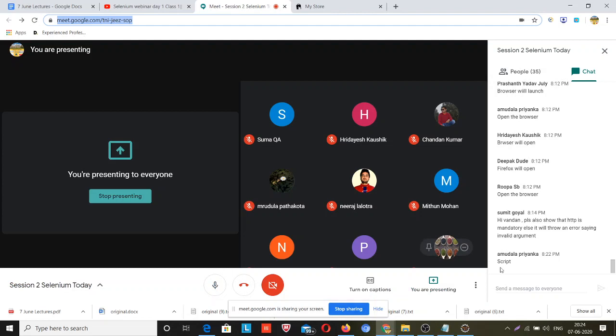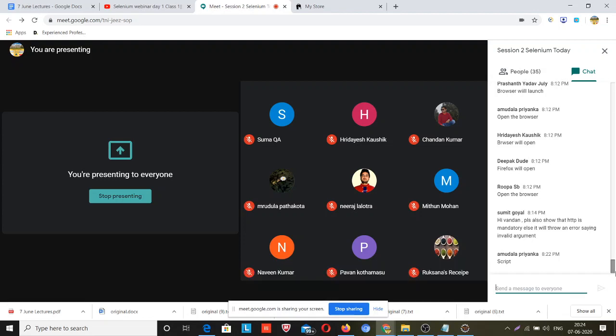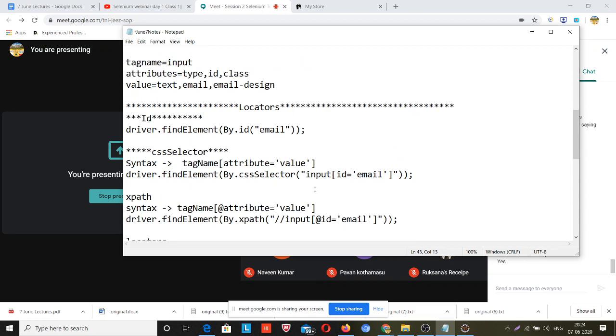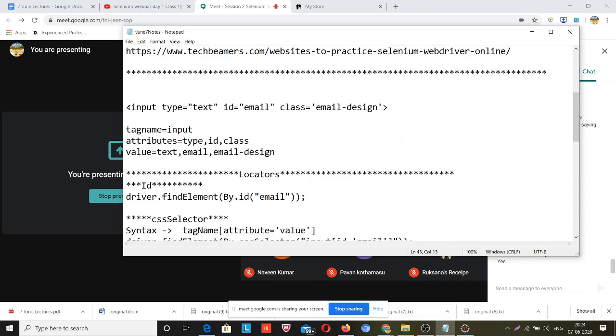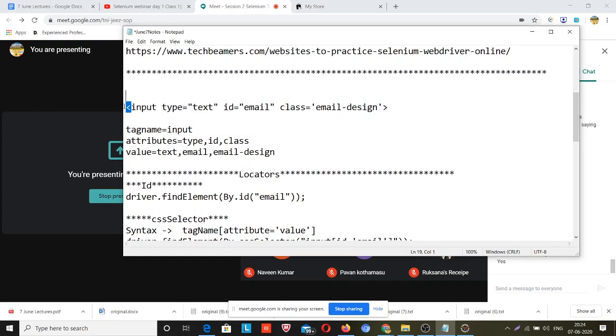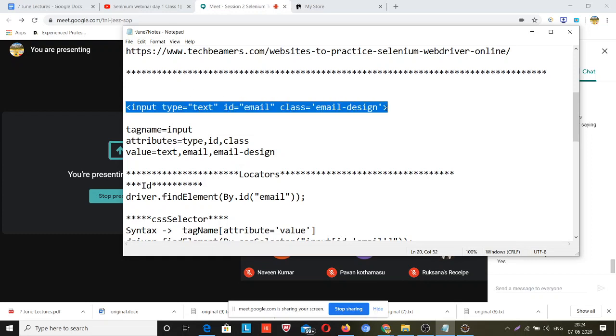Guys, are you able to catch what I am trying to explain? Okay, guys, this is the web element. I have created an example for you.